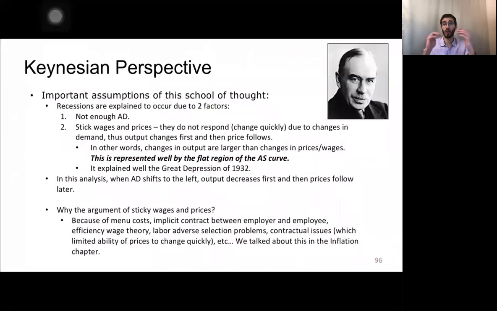Okay, now let's talk a little bit more about this view. Since there's a whole chapter about it, but we're going to summarize it just because of how the class went this semester with the online pandemic and all those things. Let's summarize what the Keynesian view is, and we have discussed some of this during the semester, so it's going to be a little bit of a review from previous chapters. But the idea here is that we talked about price stickiness, right? And we talked about the Keynesians aiming to stimulate the aggregate demand to produce economic growth. And they believe in price stickiness as well. They don't think that prices are going to adjust very quickly, and that's an assumption of this model.